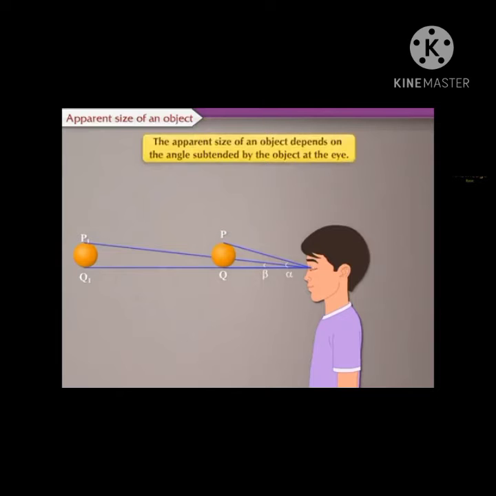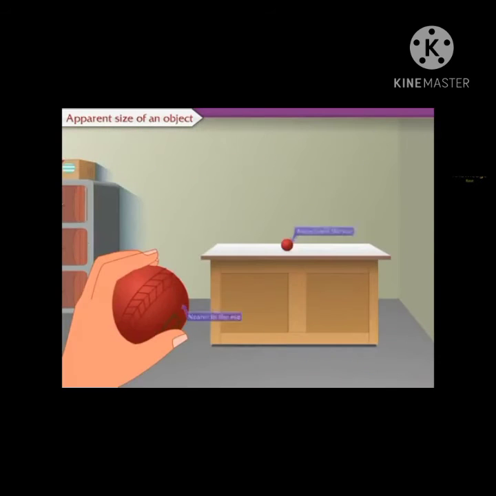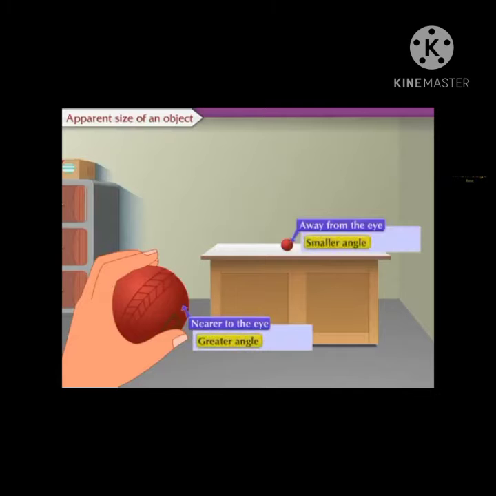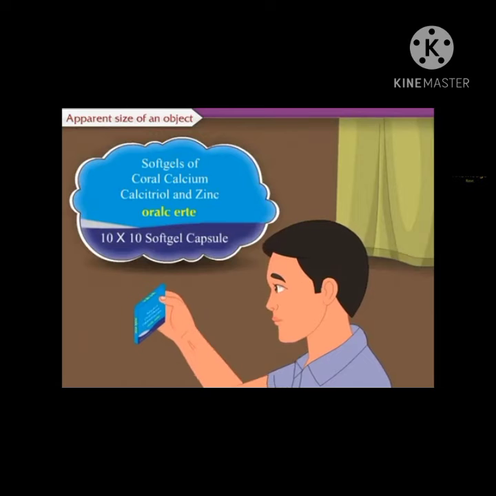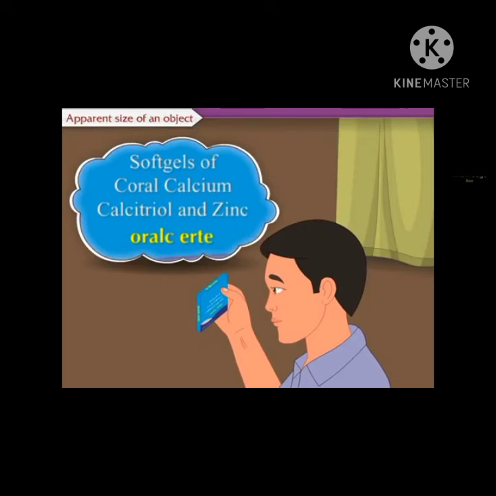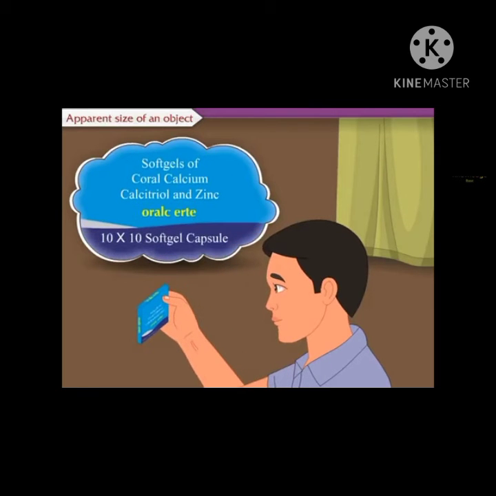at the eye. If the object is nearer to the eye, the angle subtended is greater and hence its observed size is greater. In order to see a small object distinctly, we bring it near to the eye. However, if the object is brought within the distance of distinct vision, we cannot see it clearly due to the strain on the eye, even though it subtends a large angle at the eye. In short, an object can be clearly seen in its most magnified form when it is at the distance of distinct